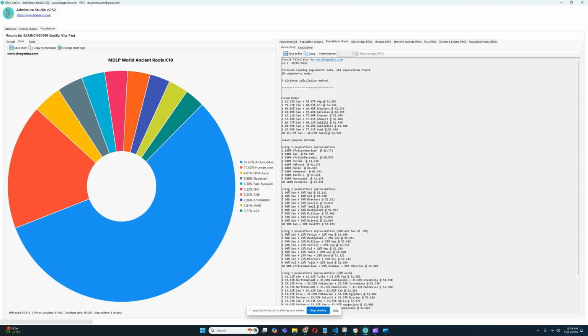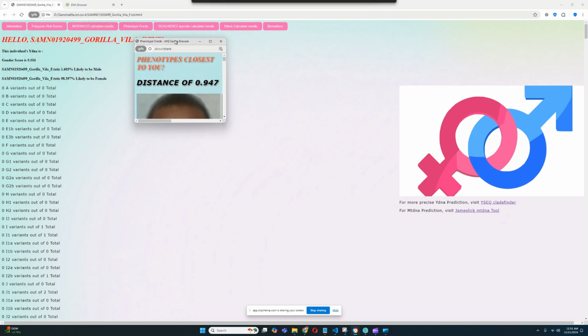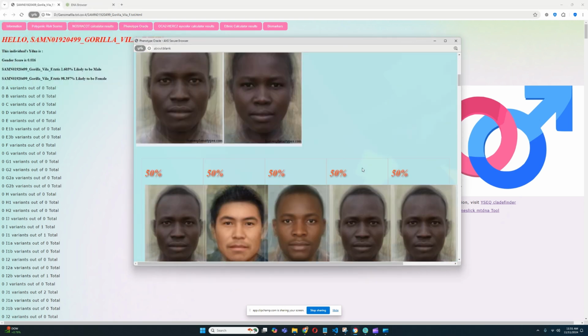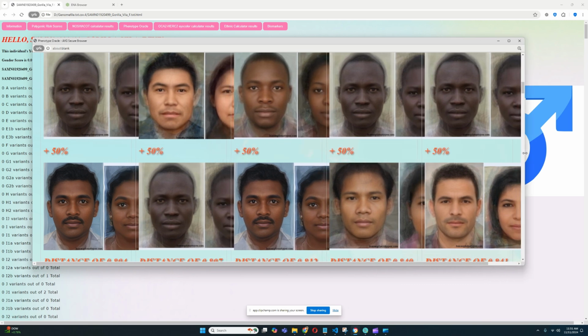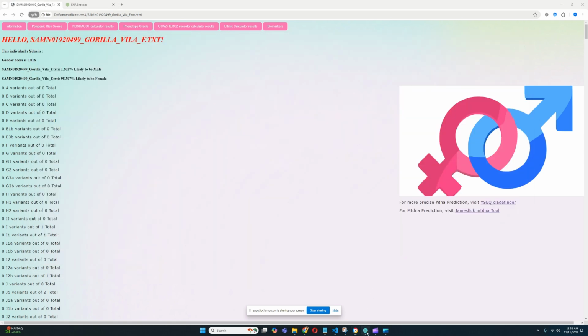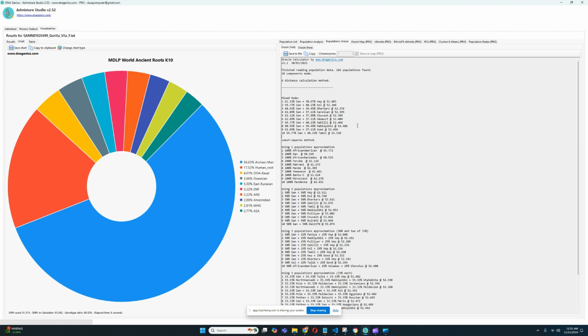Wow, you know what's crazy? I just realized, if you look at these mixtures, San plus Tamil, San plus Dharkars, all these South Asian mixtures. Now look at the phenotype oracle that my trait predictor gives out for this individual. Isn't that a funny coincidence that the phenotype oracle also predicts a mixture of African plus South Asian for this individual? Maybe a coincidence, but it's kind of interesting how the MDLP world ancient roots K10 is giving out this mixture. But it's very high distances, of course, because